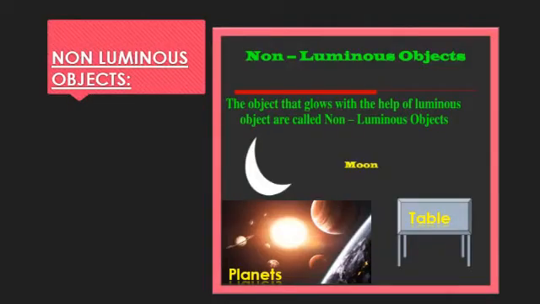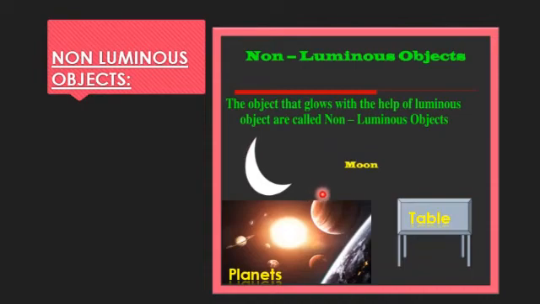Now after looking at what luminous objects are, they give their own light. Some objects glow but they are non-luminous because they cannot produce their own light. The objects that glow with the help of luminous objects do not have their own light. If they have their own light due to some chemical or nuclear reactions, they are luminous. If they do not have their own light and are glowing, they are glowing with the help of luminous objects. And we have different examples in our nature, like the moon, it is glowing, and we might be thinking that the moon is an example of a luminous object.